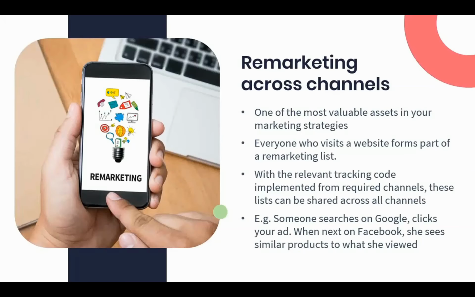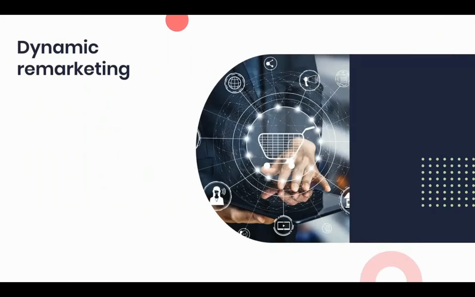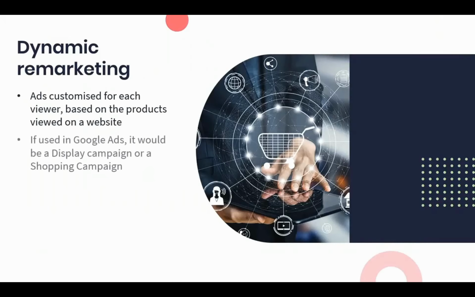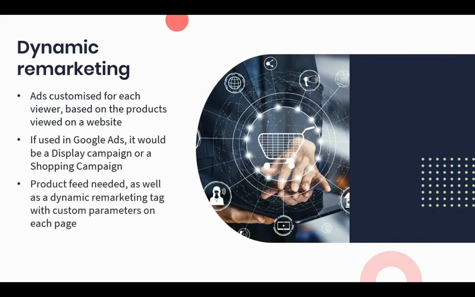Then taking it up a level with dynamic remarketing, these are ads that are customized for each viewer based on the products viewed on a website. If used in Google Ads, it would be a display campaign or a shopping campaign. A product feed is needed, as well as a dynamic remarketing tag with custom parameters on each page, and these do differ per channel. Using Amazon as an example, let's say you go to the site and you view a